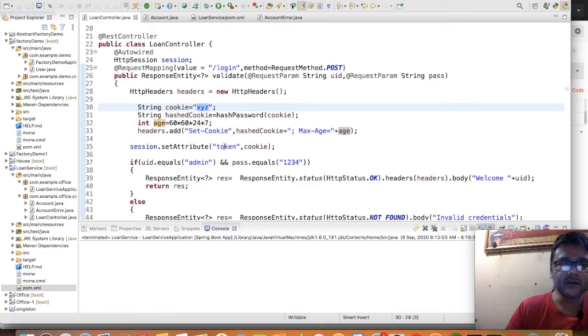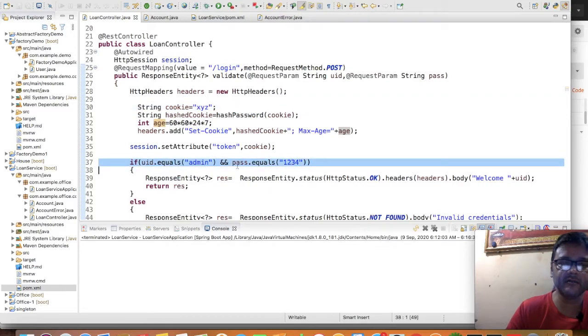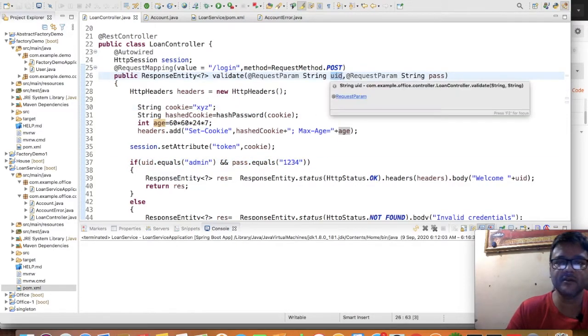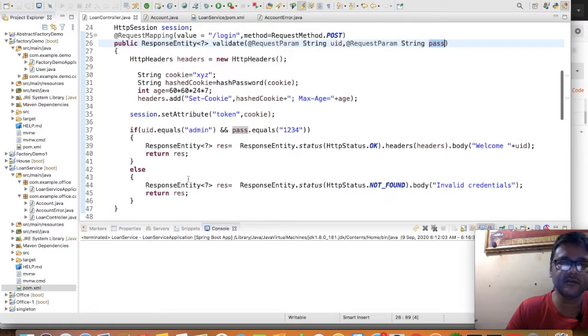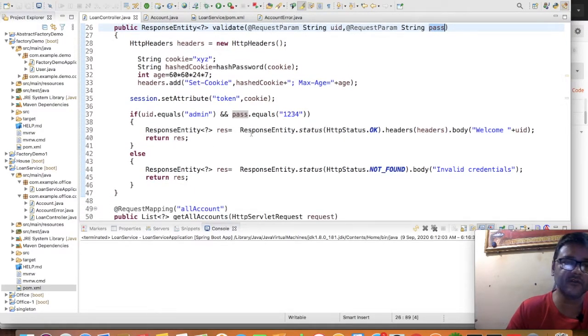Then the user ID and password are getting compared. Whatever parameters it accepts, UID and pass, these two are compared with a static value as admin and 1234, as I did in the previous example. Then here is a response entity.